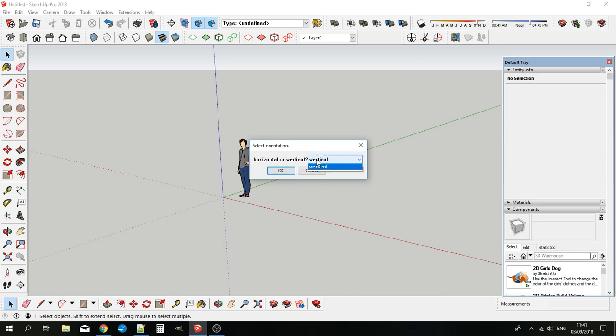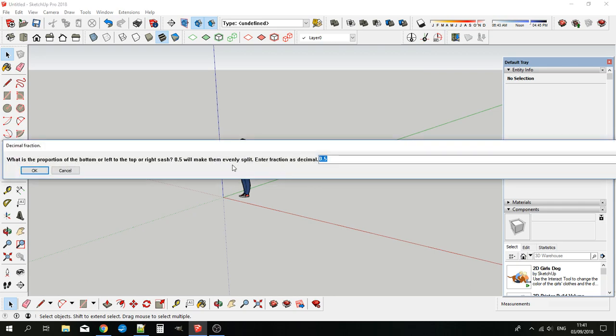dialog box gives you a choice of horizontal or vertical. Just accept the vertical for now, but you won't recognize this one. And what it does, basically, the little improvement is it lets you have an eccentric split in the two sashes. So you've given us a default 0.5, but just to show you the eccentric split, we'll put in a 0.6,